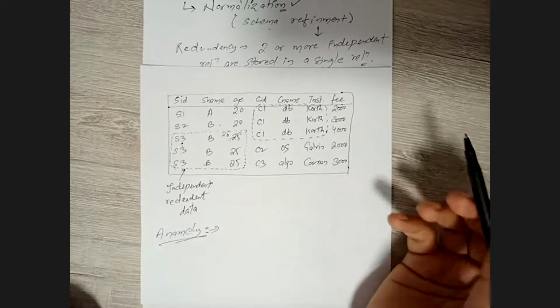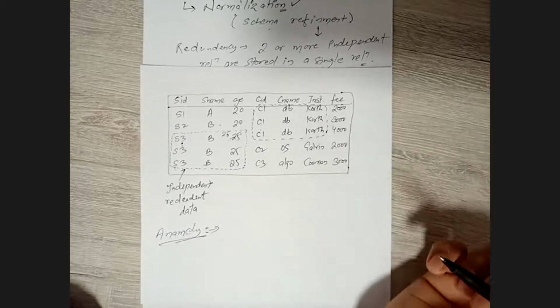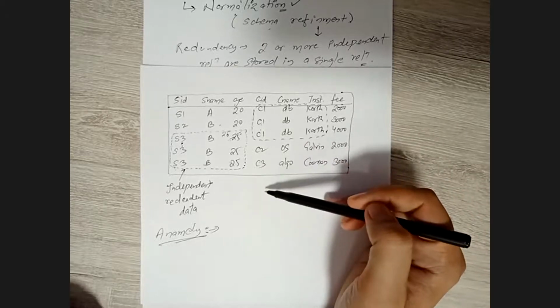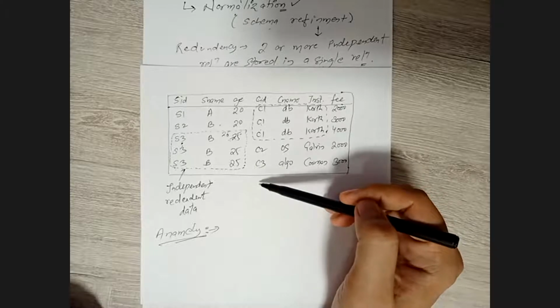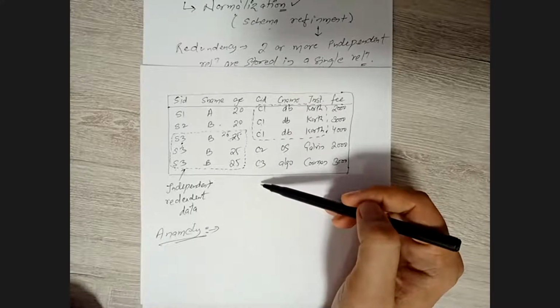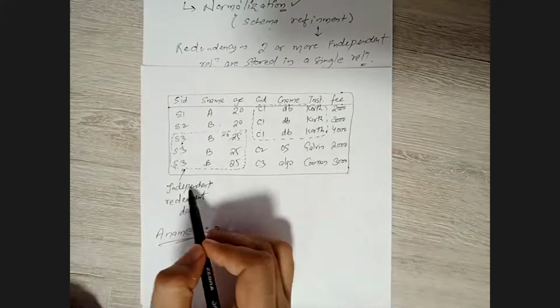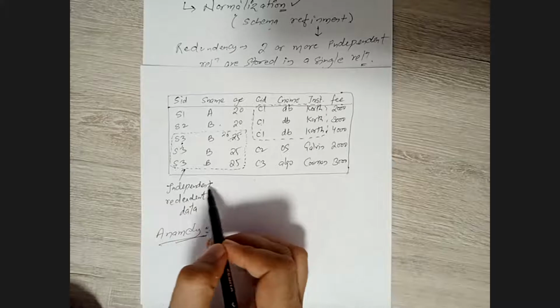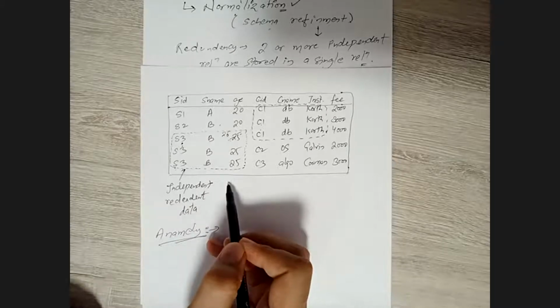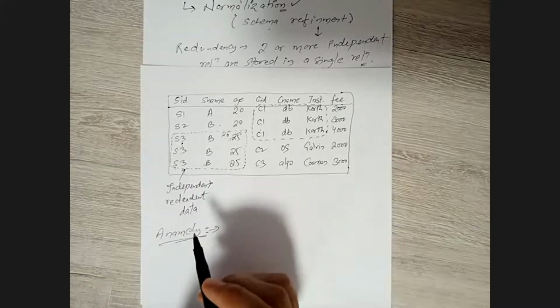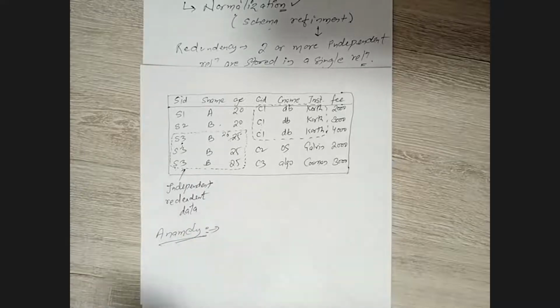Now understand one more thing. For example, I want to insert some values into the database, say I want to enroll some new course over here. If I want to perform an insertion operation over this database table, then forcefully I need to add the values for the rest of the attributes as well. These are the practical anomalies that we generally encounter